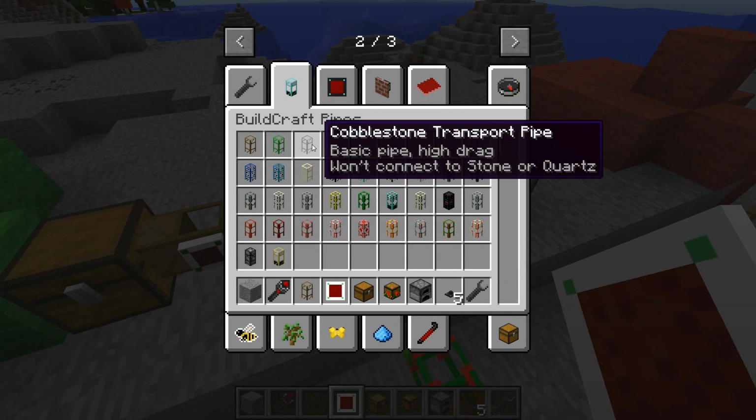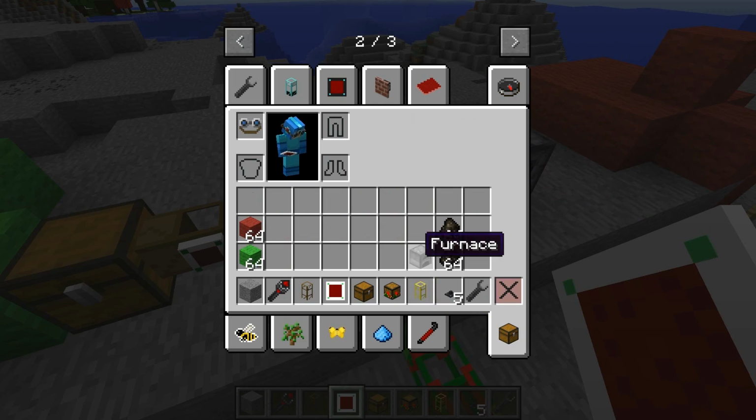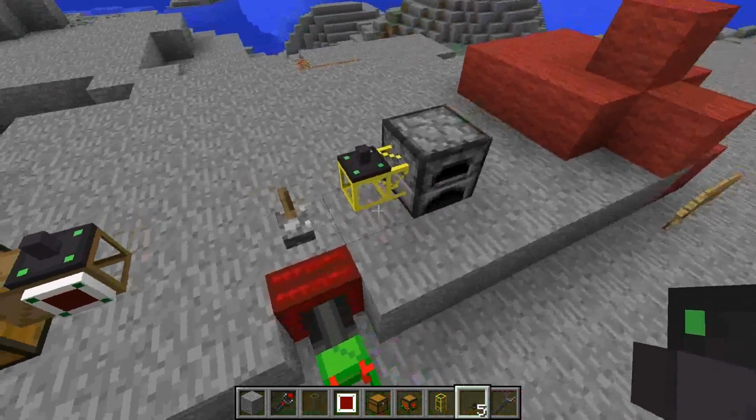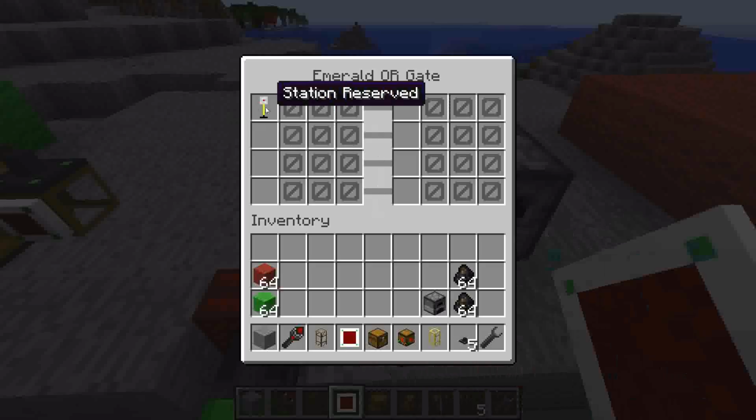So let's get some pipes. Cobblestone. We'll do golden pipe. That's fine. Yeah, it'd be quicker that way. So golden pipe. We need a docking station, and then we're gonna set this to say if there is less